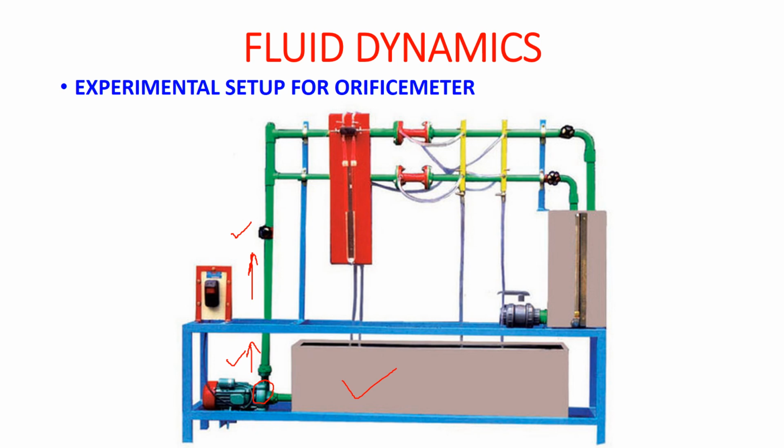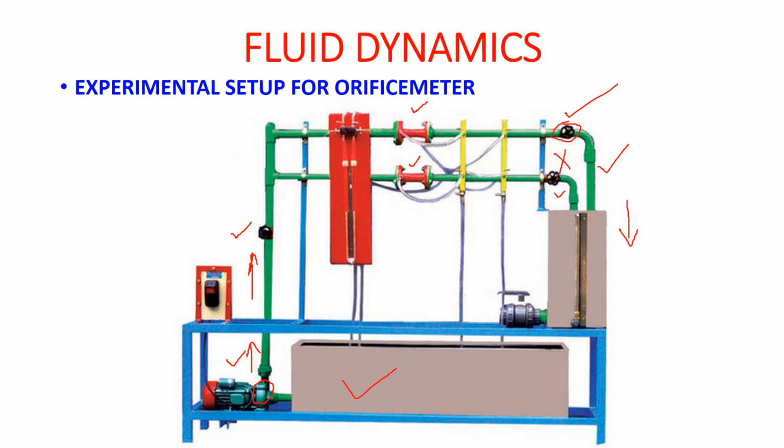From this diagram you will observe that this is an orifice meter setup and this is a Venturi meter setup. Generally the water will flow through these two systems. If you are taking the reading for the Venturi meter, then open this valve and close this valve. But when you are taking the reading for the orifice meter, then open the valve of the orifice meter and close the valve of the Venturi meter, so that we can measure the actual discharge which is flowing into this tank.